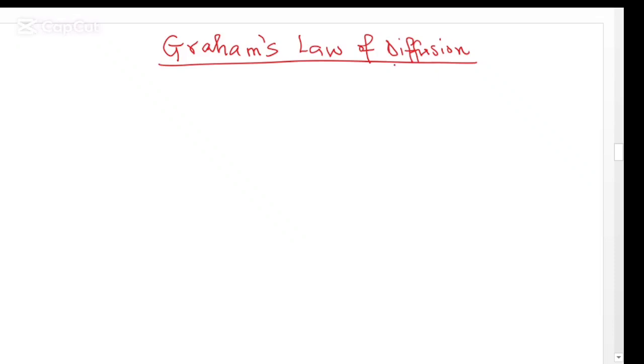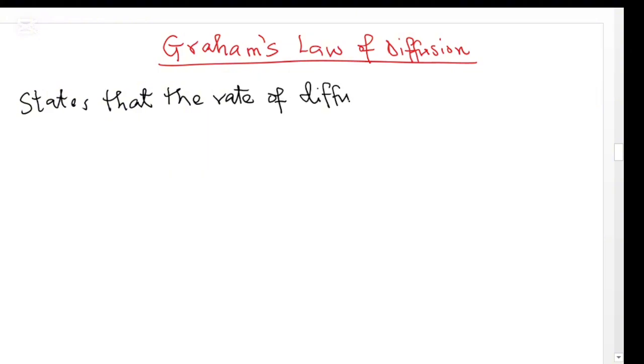So what is the law all about? First, we need to know how to state the law. So Graham's law of diffusion states that the rate of diffusion of a gas